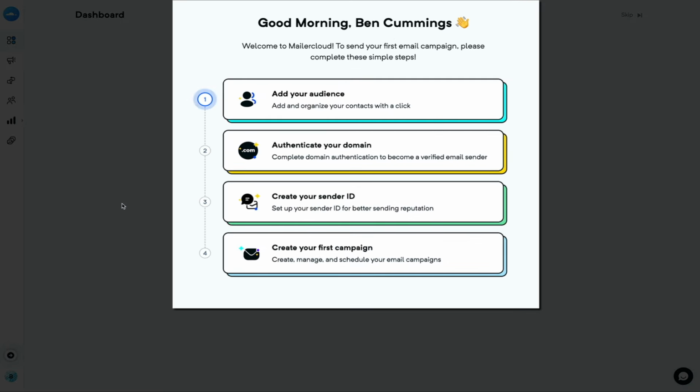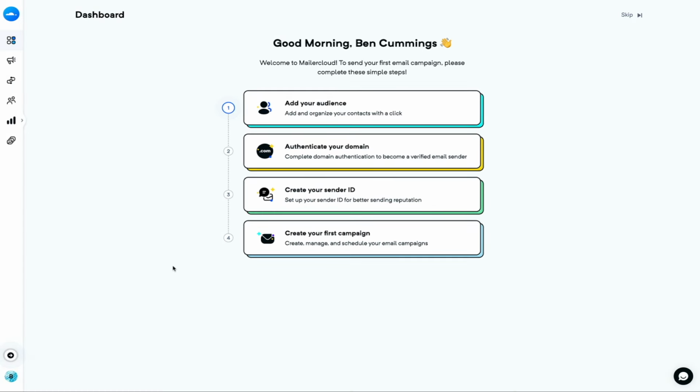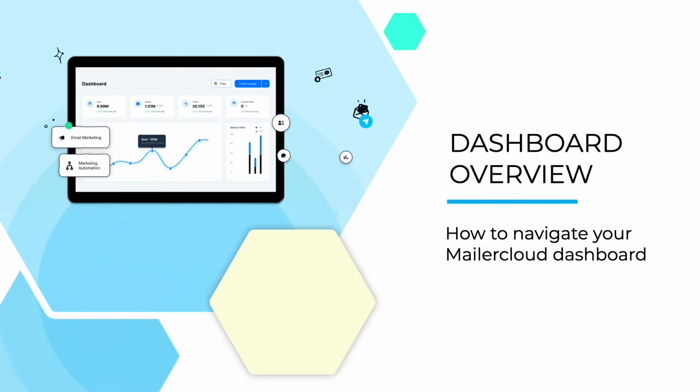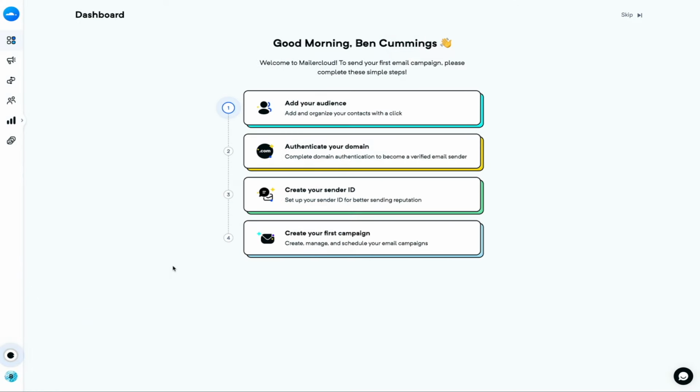We're going to go over those in just a bit, but before we do, I want to quickly give you an overview of this dashboard so you'll have a better idea of where everything is. In this portion of the tutorial, I'm going to give you a quick tour of your Mailercloud dashboard. That way you'll have a solid understanding of where everything is, which will help you be more efficient with your